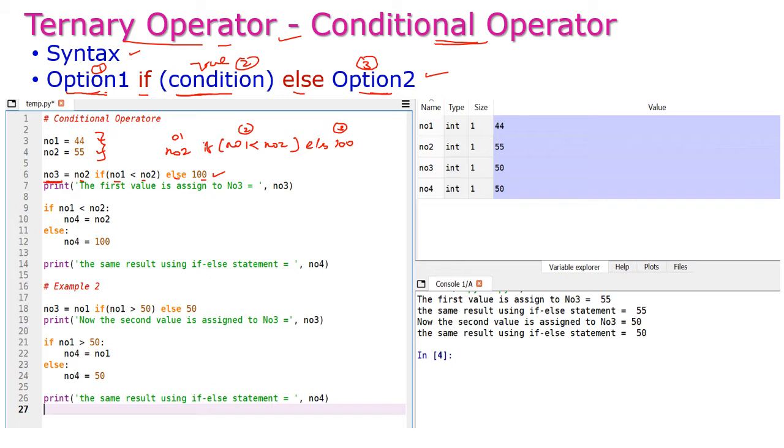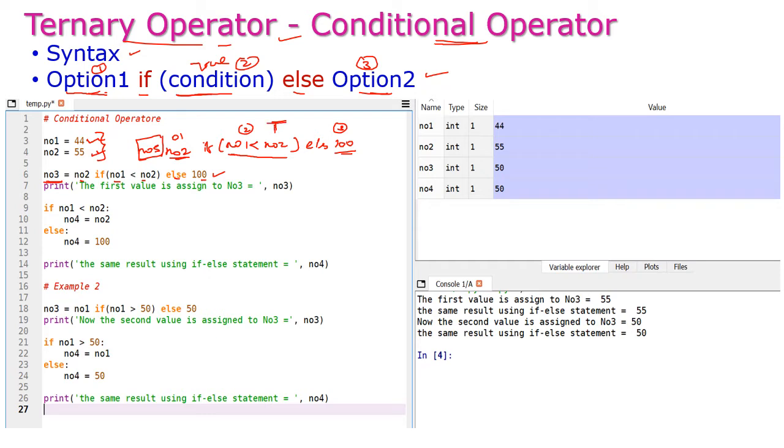Now if number 1 less than number 2 is true, then the number 2 value will be assigned to number 3. Otherwise 100 will be assigned. Now what is the value of number 1? Number 1 is 44 and number 2 is 55. Number 1 is less than number 2, so the condition is true.